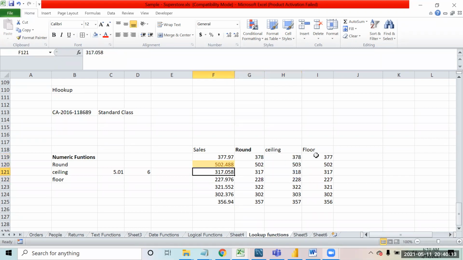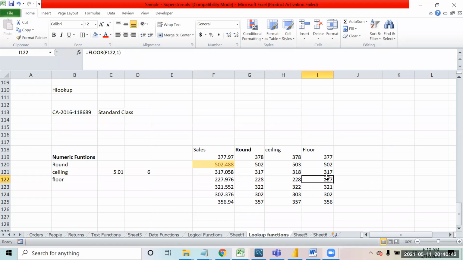If you see this number, 227.976, and I tell you that I don't want to see any decimal place, you will see that the last digit is 0.9, so it has made it 228. But in floor, it is 227. Making sense? Getting it?